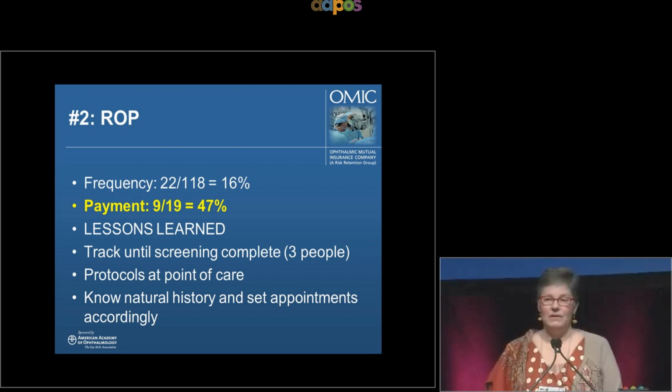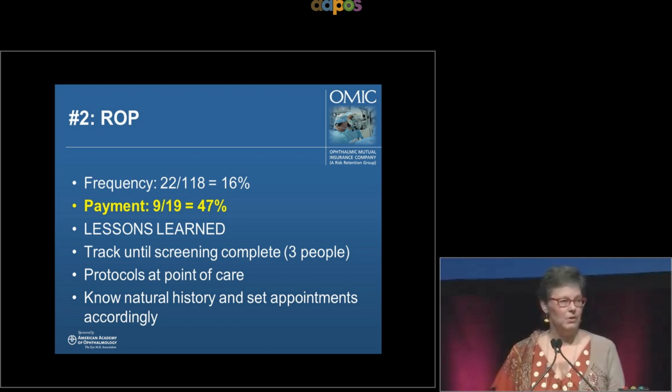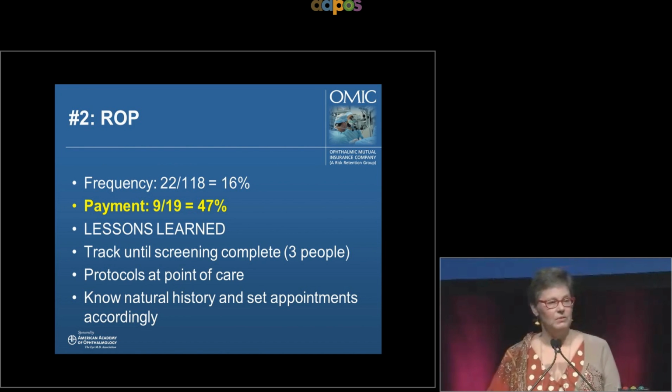The other thing is we found out that there is a lack of current knowledge in some of the cases, and that's why I bothered to type up all the current protocols so that you have them at the point of care. It was hard to get copyright permission from all the different studies, so I just typed up the latest ones, put them in the document, the safety net, and you have them there in your NICU and in your office, so you're not trying to remember what's the follow-up period here, or when is the end of screening criteria, or when do I start screening. So it's all the criteria right there at point of care.